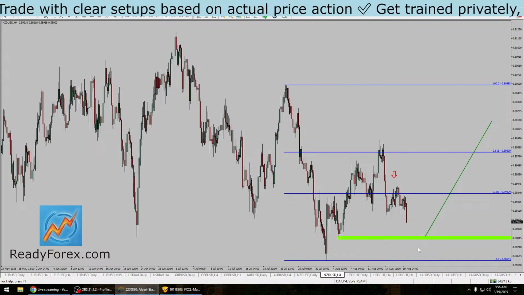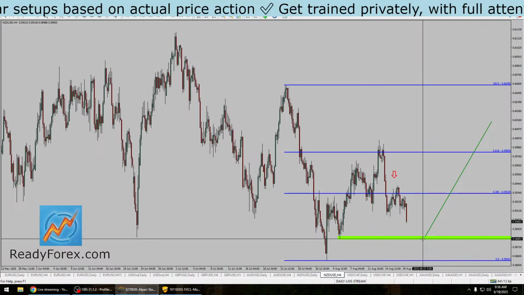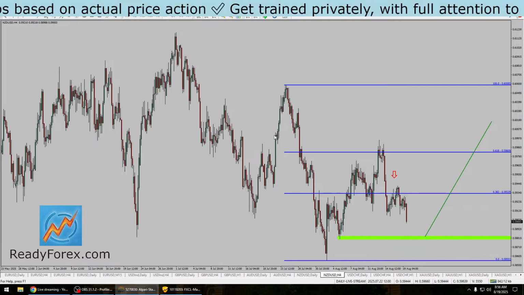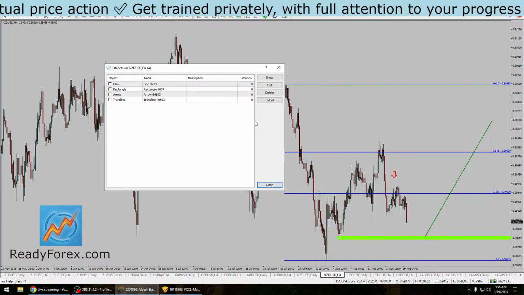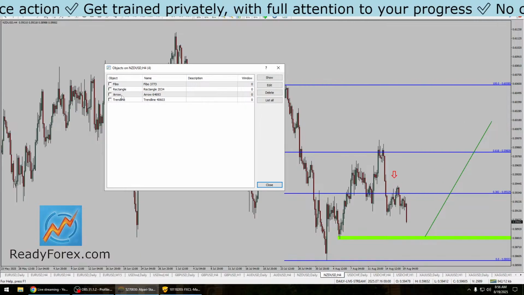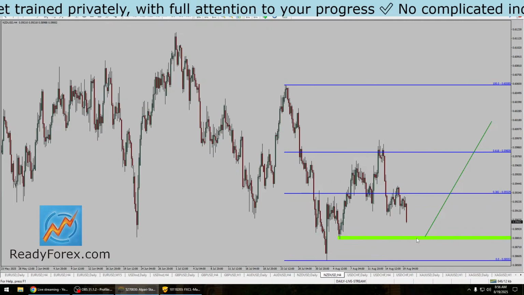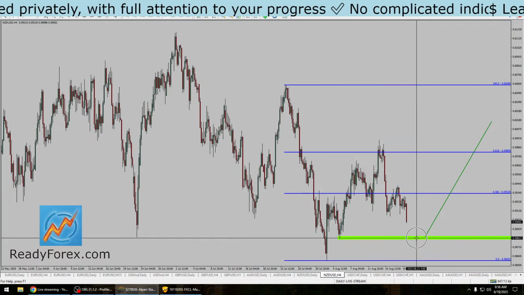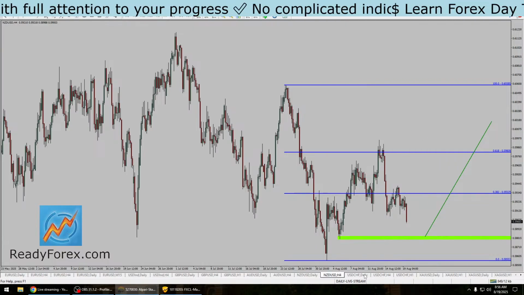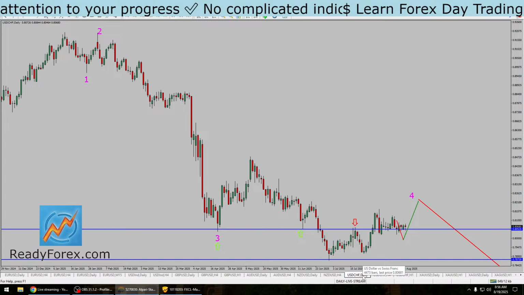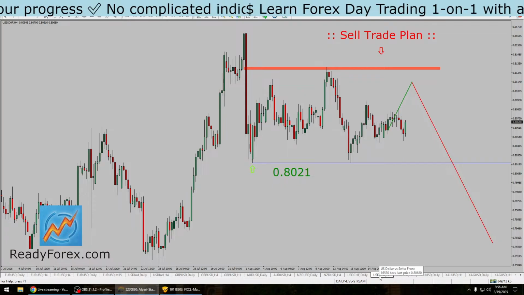Now I'm not saying that you just take a buy over here. All it means is once the market tests this level, then we can look for a potential reversal, and if price action shows a bullish reaction, then we can look for a potential buy trade setup over here. Otherwise, let it go. Next one is the US dollar Swiss franc, which is still going sideways,